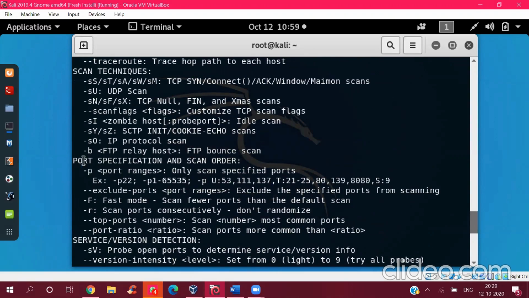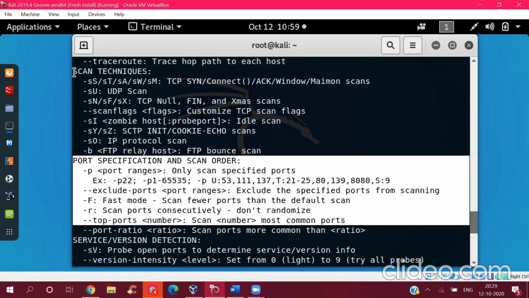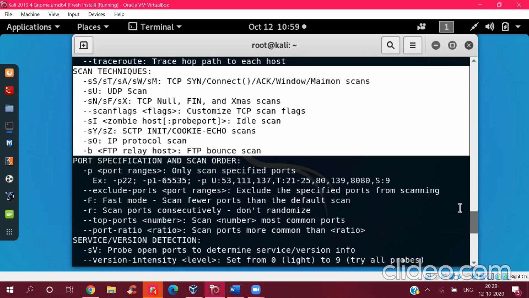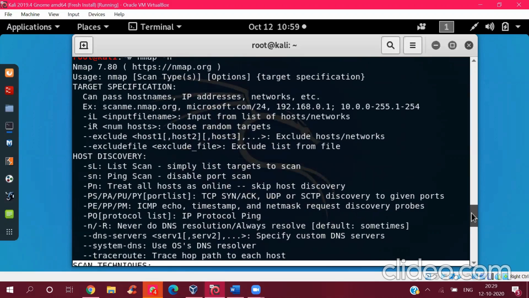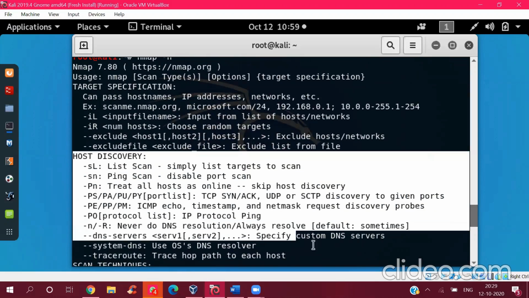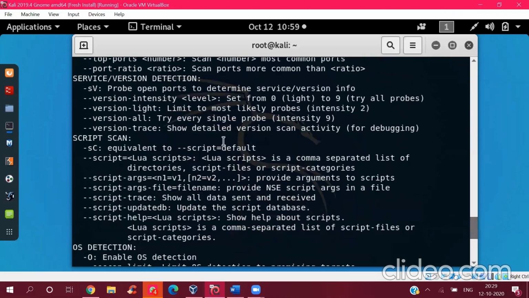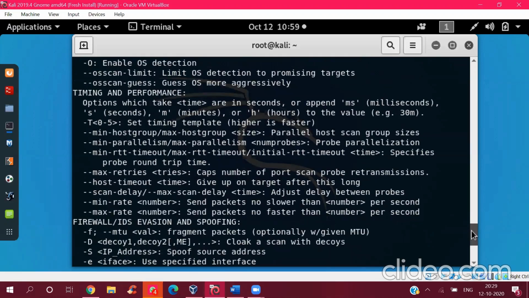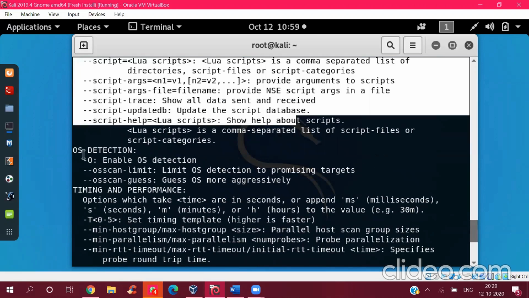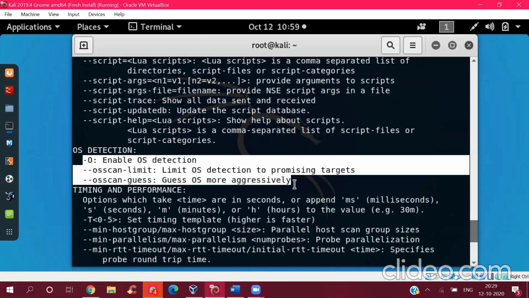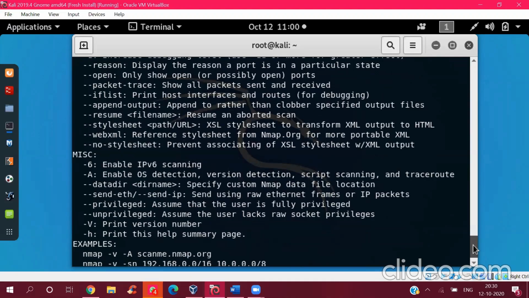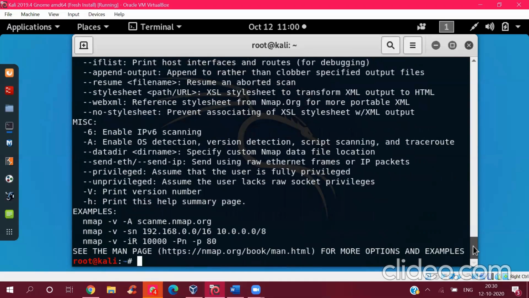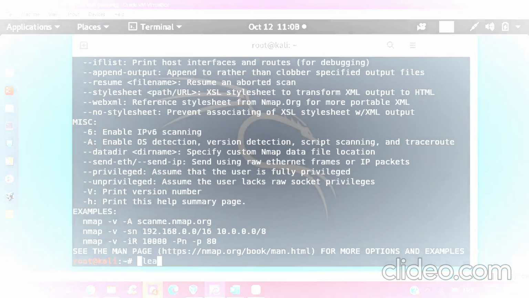This is the port scan, these are the different scan techniques you can use with Nmap, then host discovery, scripts, and OS detection. Everything you can do using nmap is listed here. So you can directly put in the nmap command or the nmap dash dash help command.